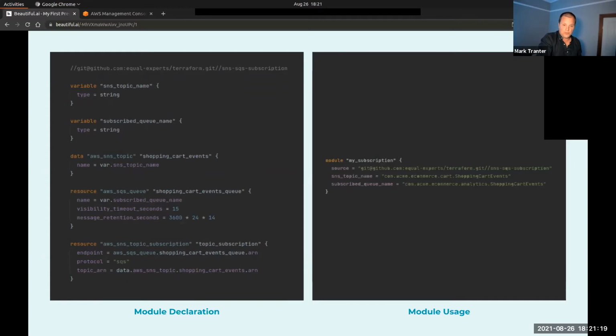And this is how you would use this Terraform module in your code. So you can see instantly that just with this one layer of abstraction, we've abstracted away this concept of creating a queue that subscribes to an SNS topic, and we can just do it in 3 lines. And all the errors that you could potentially make typing this out 1,000 times disappear.